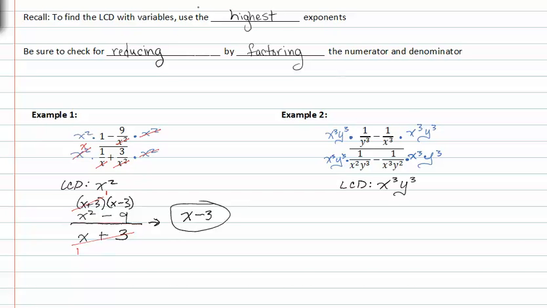From here, I'll rewrite as I divide out the common factors. x to the third divides with x to the third, y to the third divides with y to the third, and I'm left with x to the third in the numerator. And x to the third divides with x to the third, and I'm left with negative y to the third. And this is all over